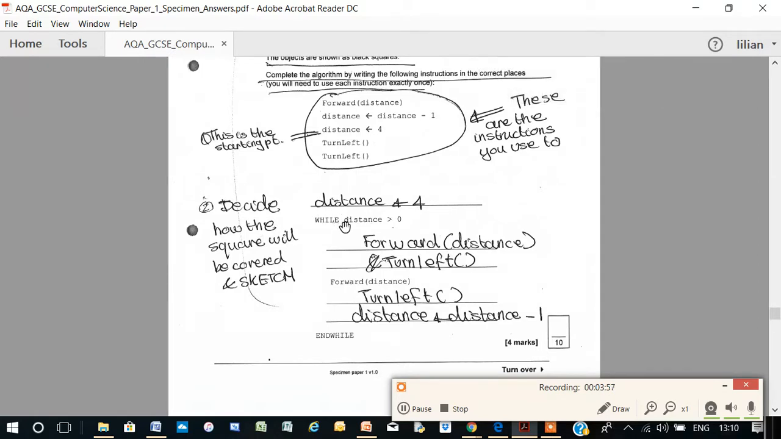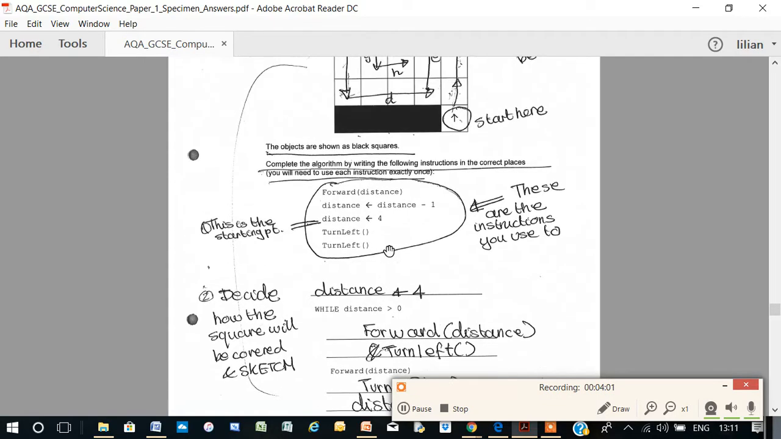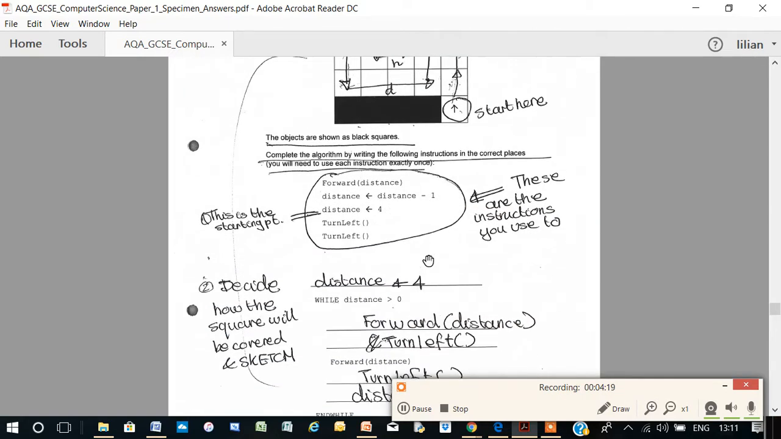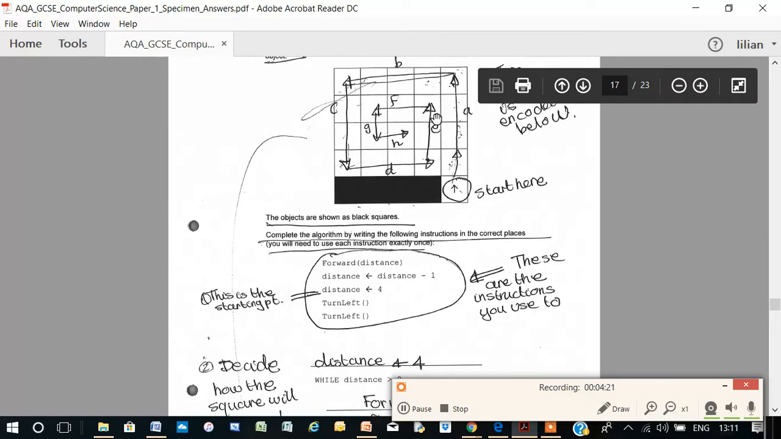So distance is now 3. It's greater than 0, so it does forward distance there. So it goes 1, 2, 3, turn left, and then it goes 3, 1, 2, 3, and then distance equals distance minus 1, so it becomes 2, and you go around the loop again. And what does it say here? Forward distance 1, 2, turn left, remain on the square, goes 1, 2, and then distance equals distance minus 1,